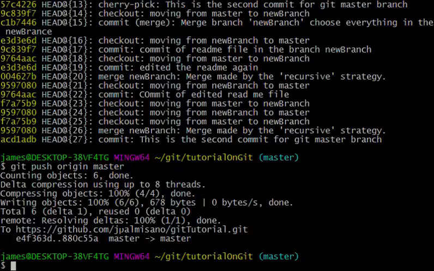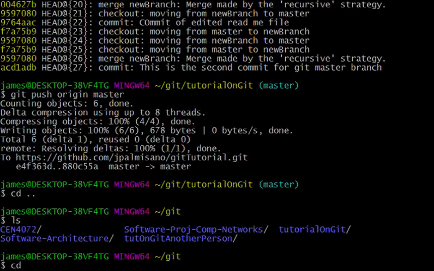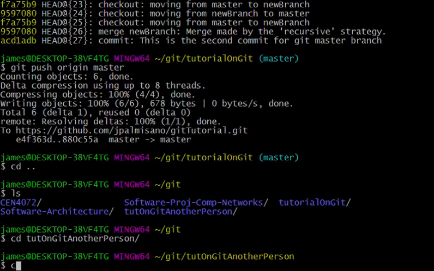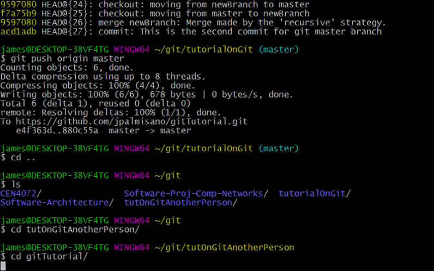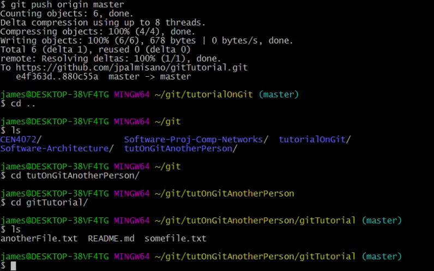So if we were to go back to our other directory, and then we made another commit here, change the readme file,